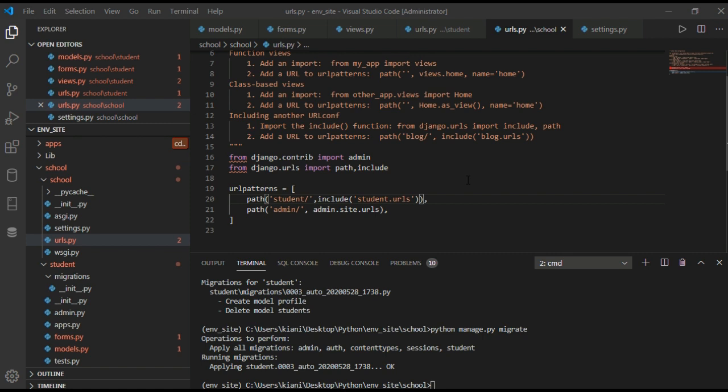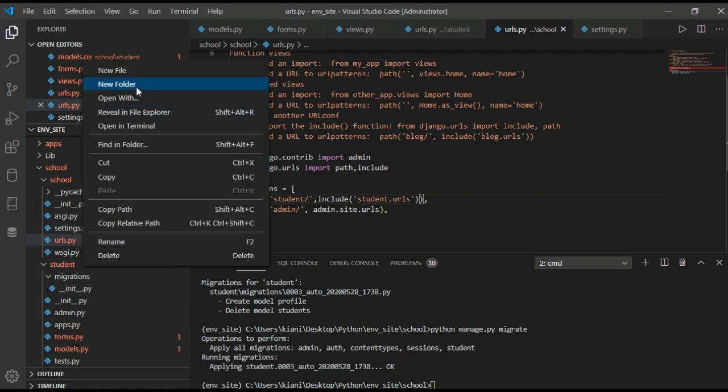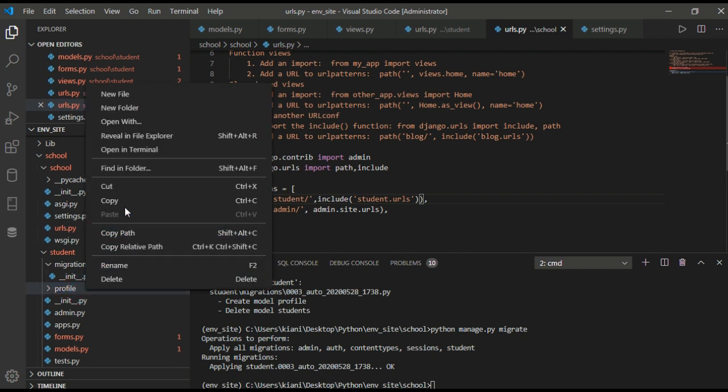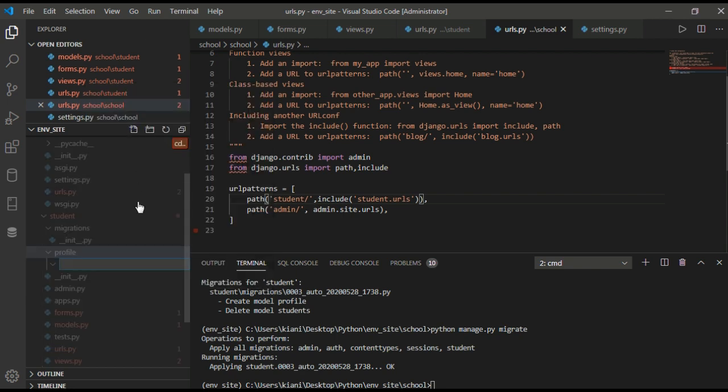Now we will see how to create index.html, right? To create index.html, we have to create a new folder, and we will create this folder as profile, and inside profile we have another folder named student.